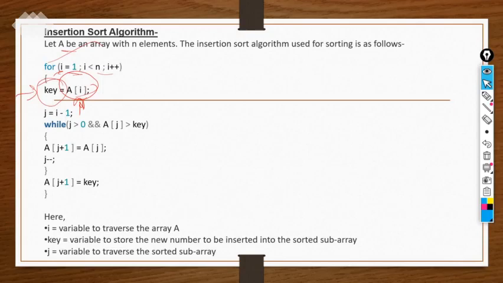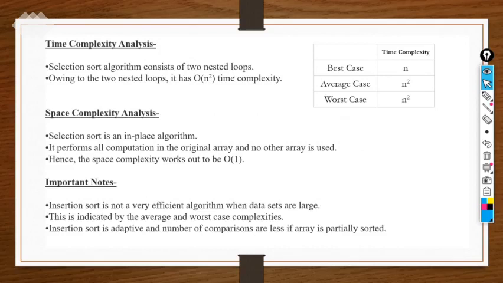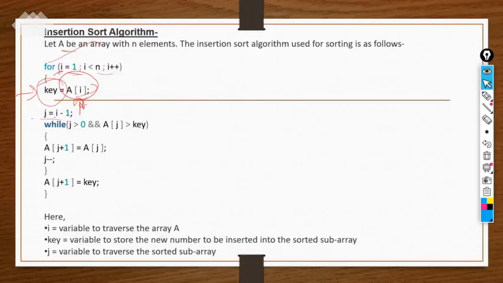Let's say we have taken min as a variable name. Here it is taking the key. So it's up to you, whatever variable you want to take, you can take yourself. It will not affect anything at all. Okay. So next, the j decrement. j is another index value that we will use for the comparison, and we will do the condition check here: j should be positive, and A[j] should be greater than key. If it is greater than key, then do the decrement in the j value.